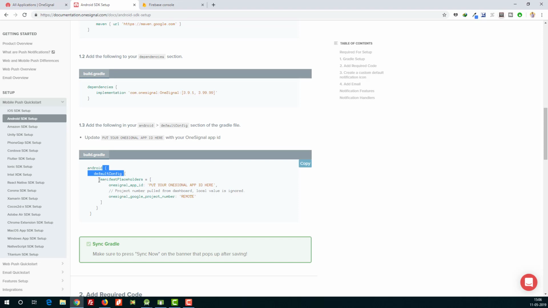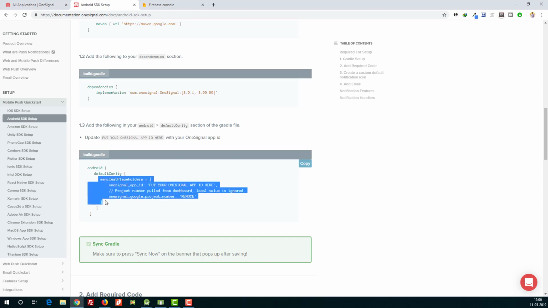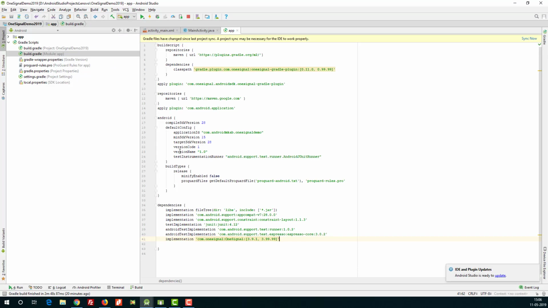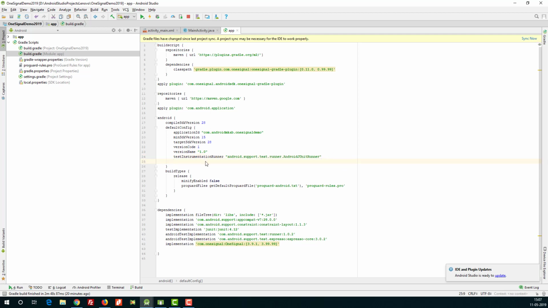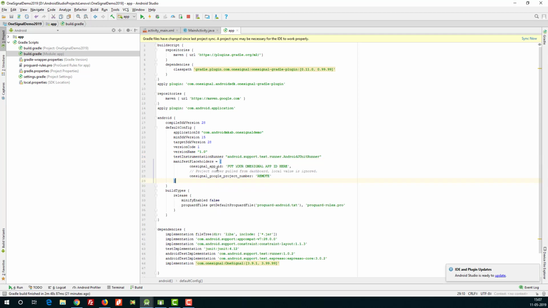Just copy this manifestPlaceholders up to this square bracket, copy it, open your Android Studio and just paste it inside your default config here. Okay, paste it. Later we have to put your ID here. We will do it later.